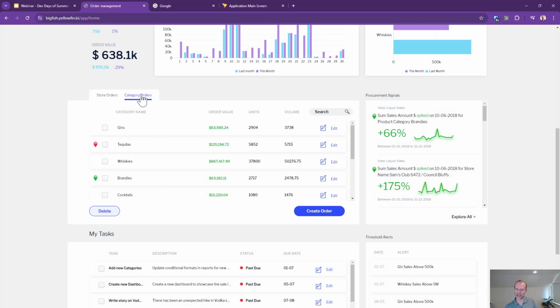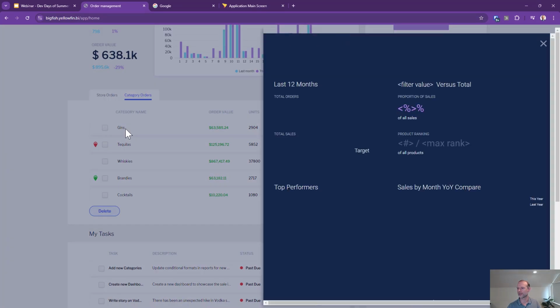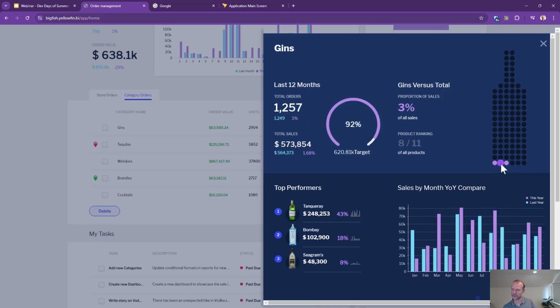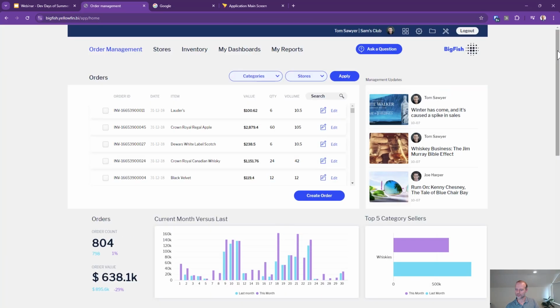Let's go ahead and switch to our category orders and open that. You can see here we have a waffle chart in the shape of a wine bottle. This is one of those examples of using a JavaScript library. So this is not a native Yellowfin chart. All of these other charts are native, but this particular one is clearly a highly customized chart, and that's one we brought in via an external charting library. So all of these are embedded